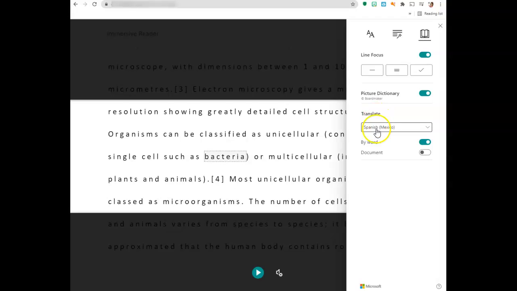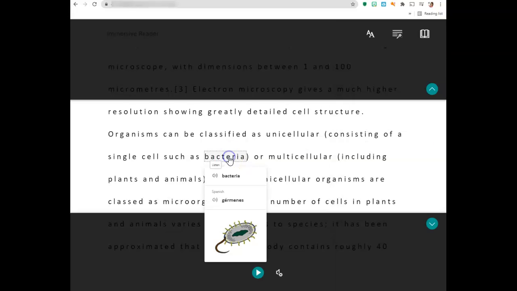Then finally, notice I have it set to translate. So you can click on a word, since I have it clicked for word translation. I can see now what that word is in Spanish. And if I want to hear the word in Spanish, I can click right here and hear it pronounced in Spanish. So this is great for English language learners or students who are trying to learn another language, that you can actually